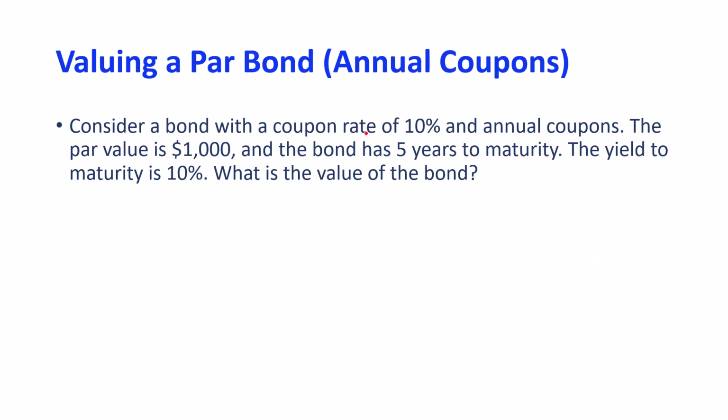Now, I guess you know where we are going with this. Here we have a bond, the same bond, now with the yield to maturity of 10%. So in this case, the price would be